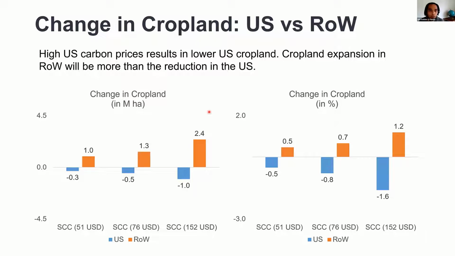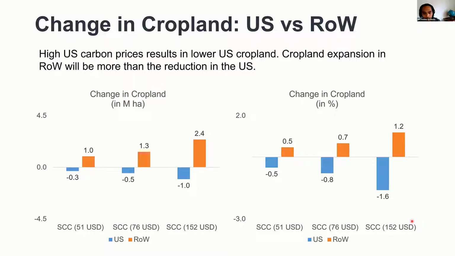All right, so now let's explore what would happen to the input use when we have this reduction in crop production because of the higher cost of production and because of the climate policies that we're implementing. What we're seeing here is that as you increase the carbon price again, you'll have more and more reduction in cropland area within the US, because we're producing less crops in the US and it's going abroad. So it could be up to around 1.6% reduction if you have the highest social cost of carbon being